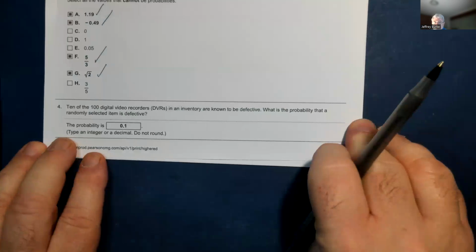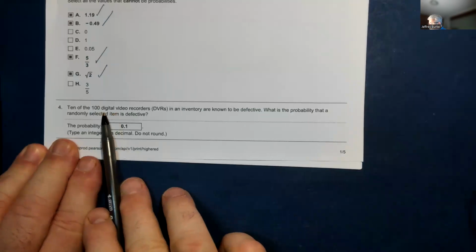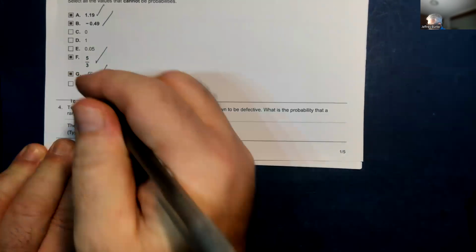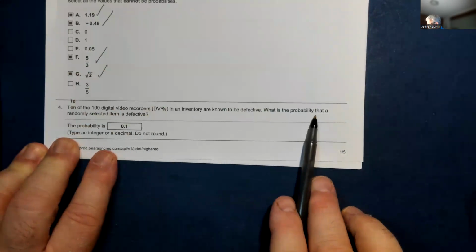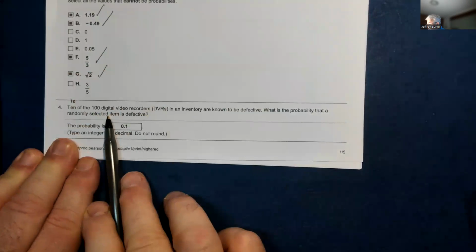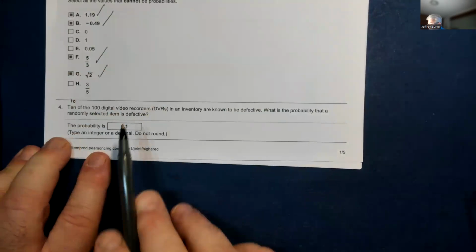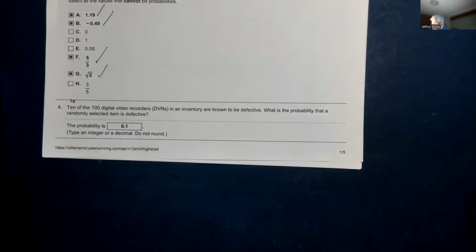Let's take a look now at question 4. It says 10 of the 100 digital videos, let's go and put a number there. 10 of the 100 digital video recorders, DVRs, in an inventory are known to be defective. What is the probability that a randomly selected item is defective? So in this case here,